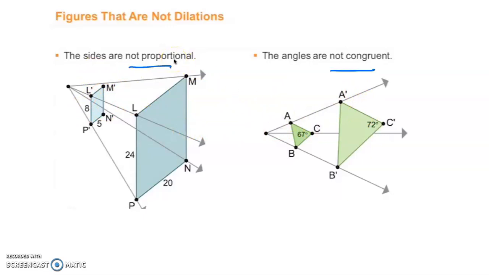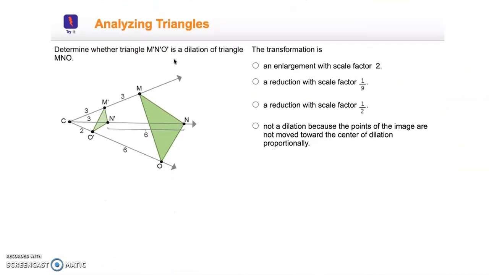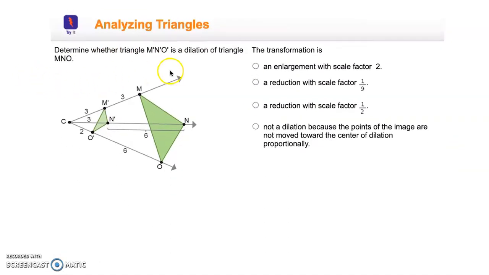Not proportional and not congruent are not dilations. So let's determine whether this is a dilation or not. The first thing we take a look at is the